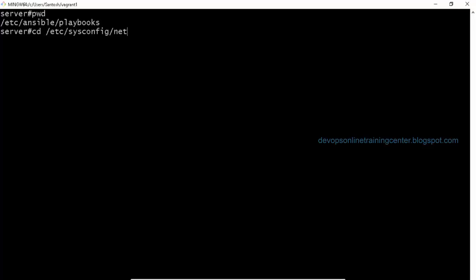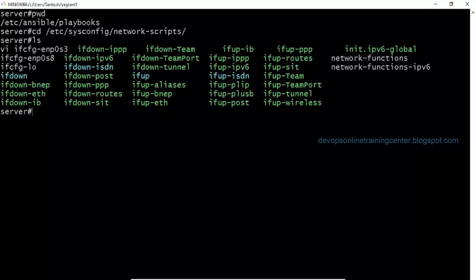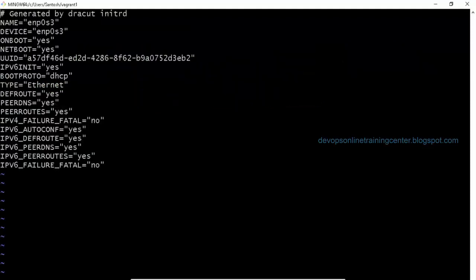In /etc/sysconfig/network-scripts, there is a file called ifcfg plus the adapter name that we need to change. The boot protocol is equal to DHCP. You need to make it static. Okay, I tried that already. Yeah. And you need to give an IP, but I don't think this will work because Vagrant takes care of